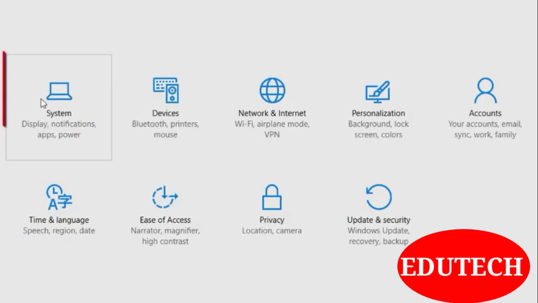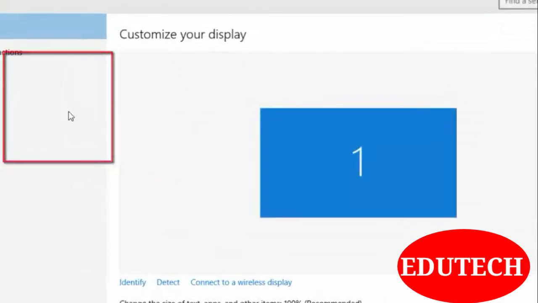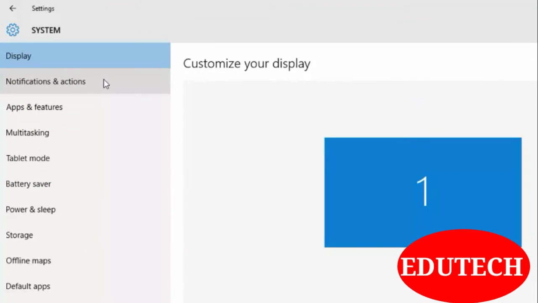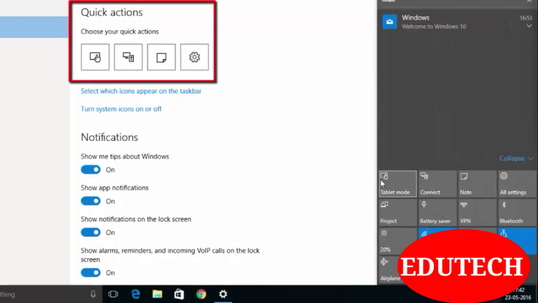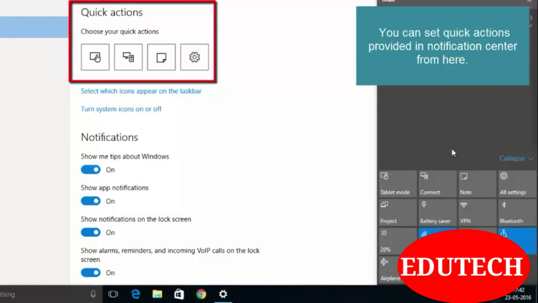Now go to this system settings option and click on notifications and actions. If you have noticed, you can see 4 options in the first row are available: tablet mode, connect, note and all settings.